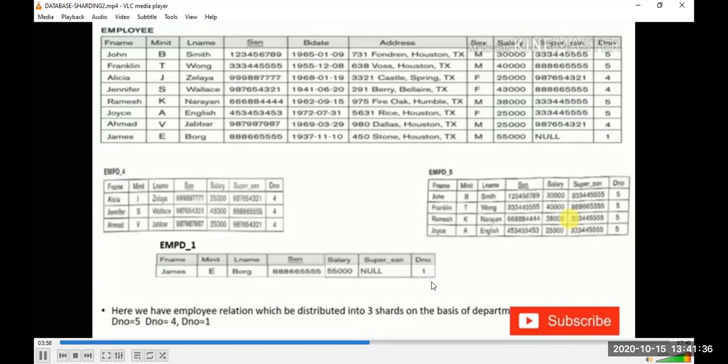सो दोस्तों अब यहाँ पर होगा क्या कि कोई भी यूज़र रिक्वेस्ट अगर आएगी और वो अगर डिपार्टमेंट नंबर 4 से कंसर्न होगी तो वो जाएगी सबसे पहले शार्ड में जहाँ पे डिपार्टमेंट नंबर 4 का शार्ड क्रिएटेड है। और अगर कोई क्वेरी आती है जो डिपार्टमेंट नंबर 5 से कंसर्न होगी तो वो जाएगी आपके सेकेंड शार्ड में जहाँ पे डिपार्टमेंट नंबर 5 का एक शार्ड क्रिएटेड है। तो हमेशा कोई भी क्वेरी जो पर्टिकुलर डिपार्टमेंट से रिलेटेड होगी वो उसी शार्ड पे मैप होगी बार बार। ये चीज़ आप बिल्कुल ध्यान में रखें।